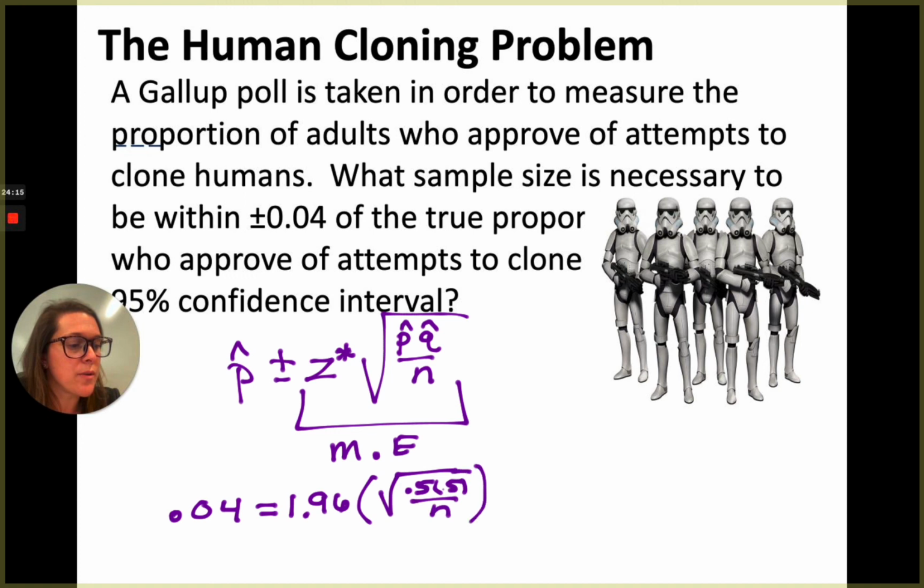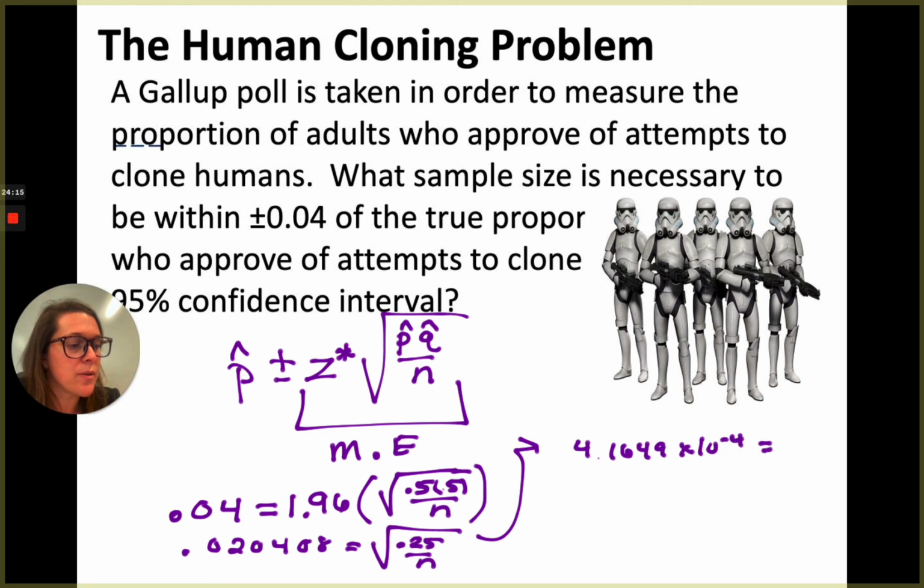guys. Isn't that exciting? So 0.04 divided by 1.96 gets me 0.020408. I'm going to try to have my calculator do as much work as it possibly can for me. I'm now going to square that answer, and I'm going to get some really crazy number. So I'm getting 4.1649 times 10 to the negative 4, is equal to the 0.25 over n. But I can just interchange that, right? So I'm going to do 0.25 divided by that second answer, which gets me